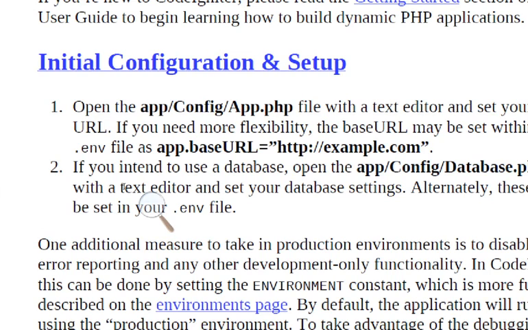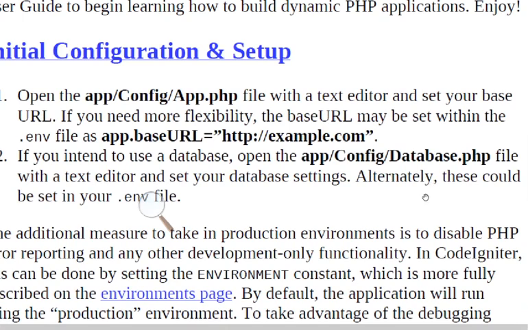The base URL is the URL you'll be using. You always be calling for your application to run. If you need more flexibility, the base URL may be set within the .env file, app.baseURL, this, that. So please, we're not going to use .env for now. Let's use this configuration,